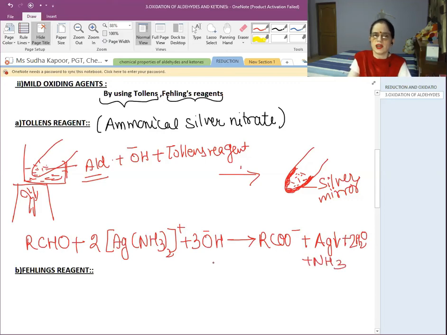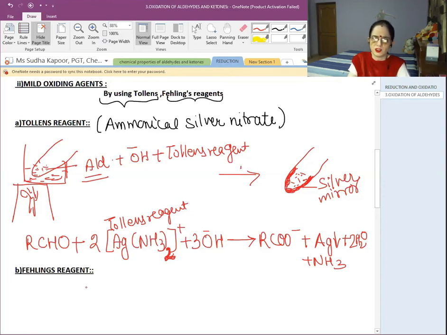So this reaction is very helpful when we are distinguishing aldehydes from ketones. We give the reaction in the case of an aldehyde, but not in the case of ketones. Ketones are not going to give a positive test. So this is Tollens' reagent. In chemistry, it is a very important question in our viva.